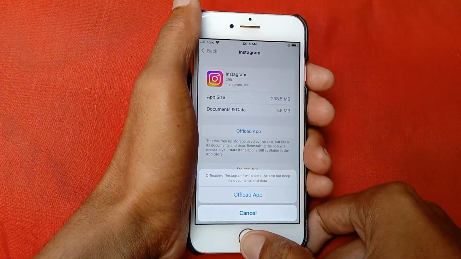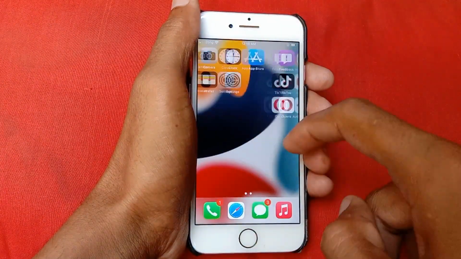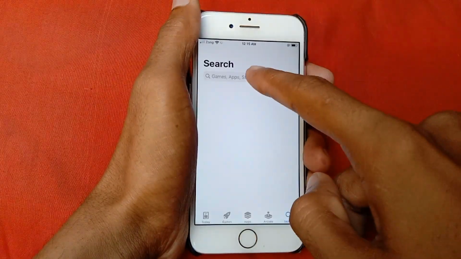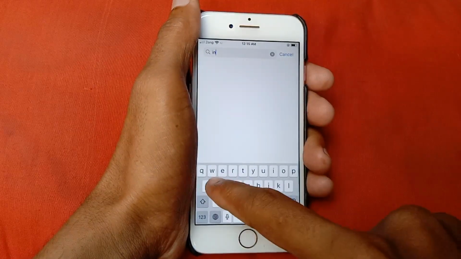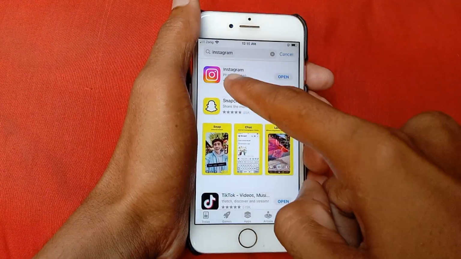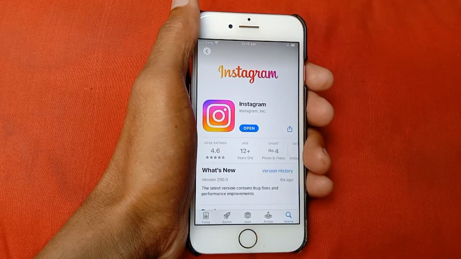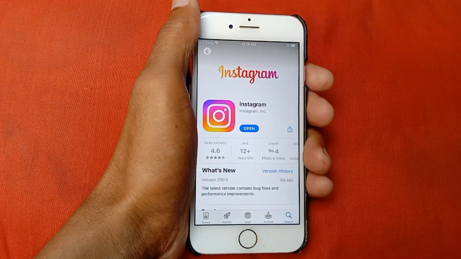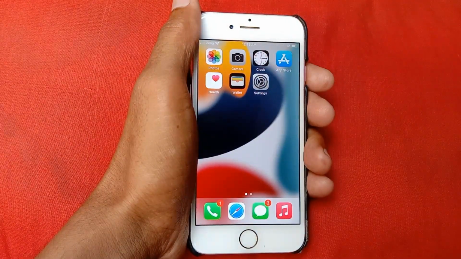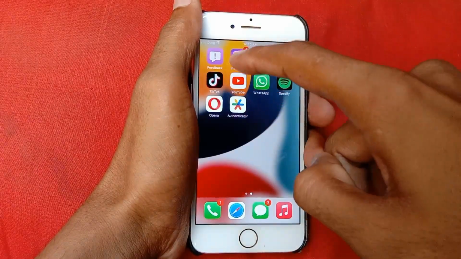And after doing this, go back and open your App Store and search here for Instagram. Click on Instagram and make sure that your Instagram app is updated. So if not updated, then you need to update it and go back and check whether your problem is fixed or not. So if not fixed, then open your Instagram app,